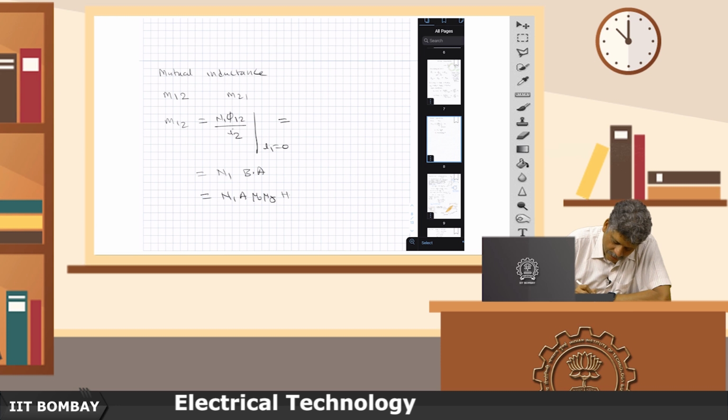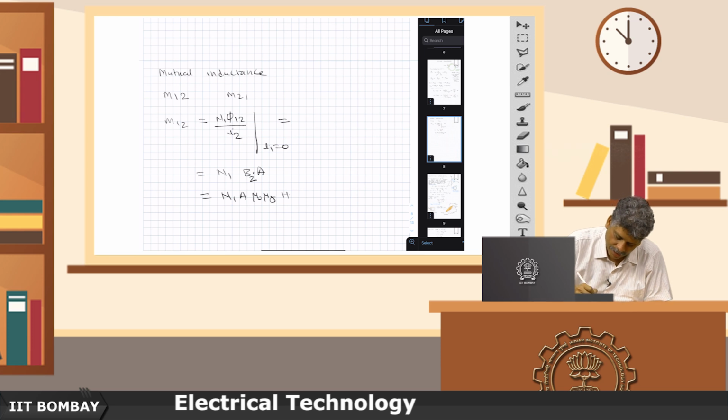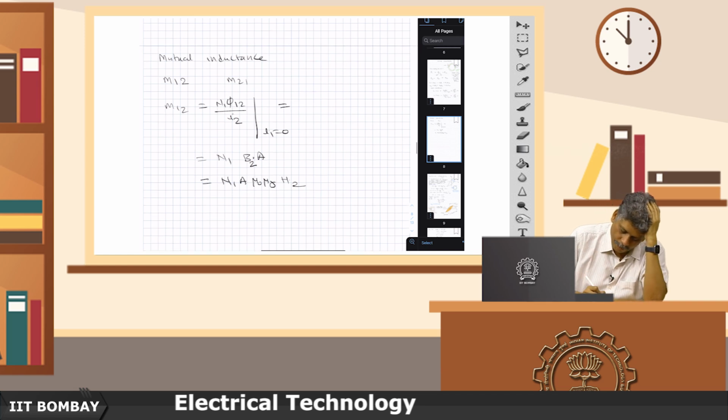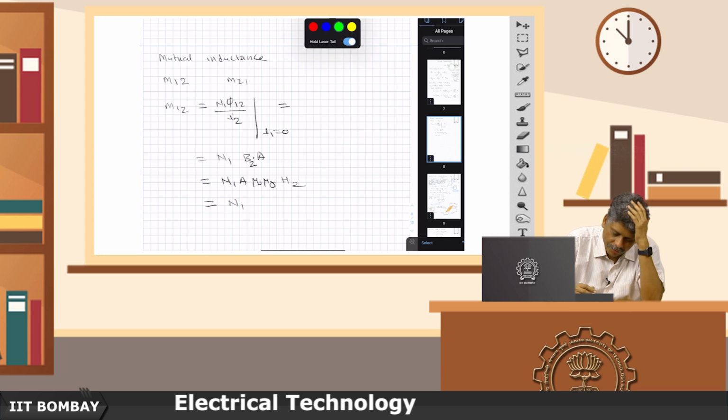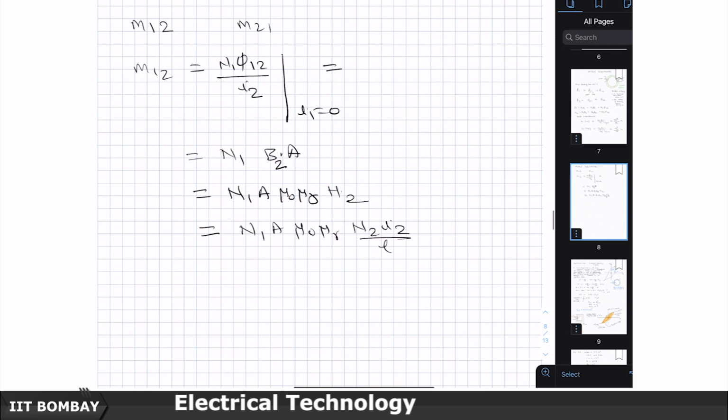Actually, I can just write this as B2, that is the flux density created due to the current in the coil 2. So, I can write this as N1A mu 0 mu r H2. Why am I using this subscript 2? Because the cause is coil 2, and so H2 is actually the MMF associated with the current in coil 2, which in our case is N2I2 by L, and so